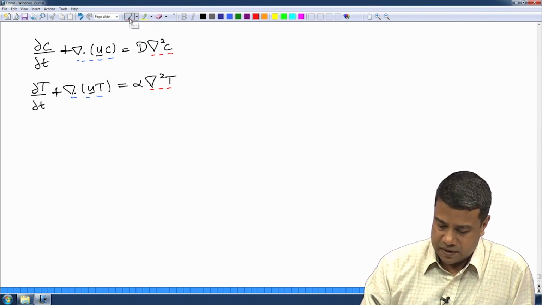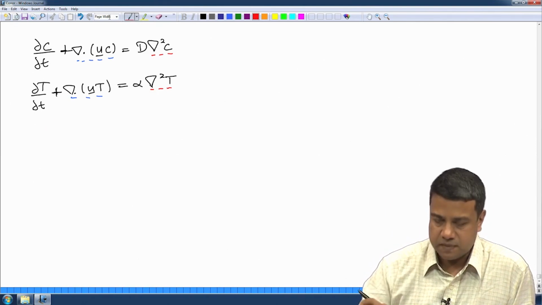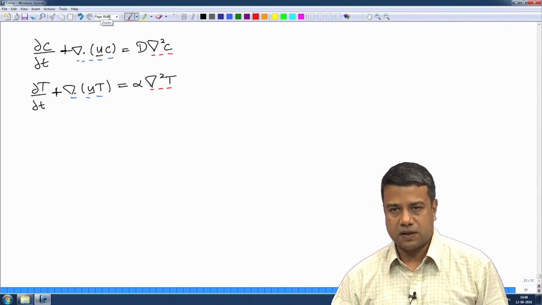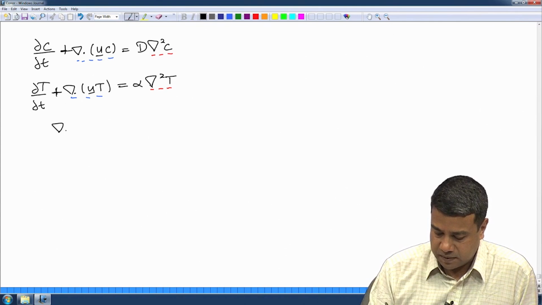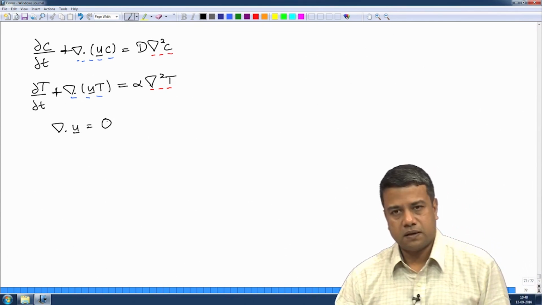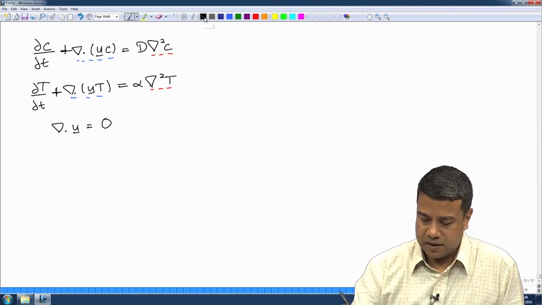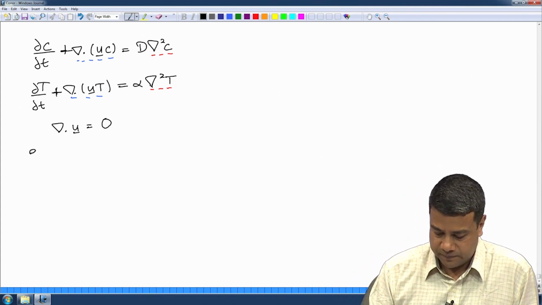For momentum conservation, there were two equations because we have to write an equation for the total mass. The total mass equation was of the form the divergence of the velocity is equal to 0. And the momentum conservation equation was of the form